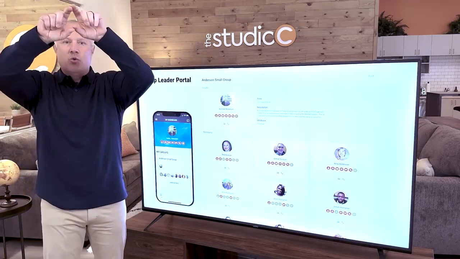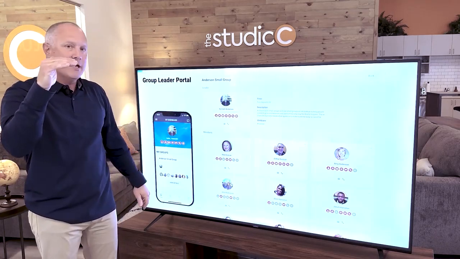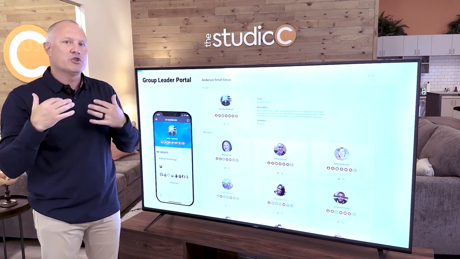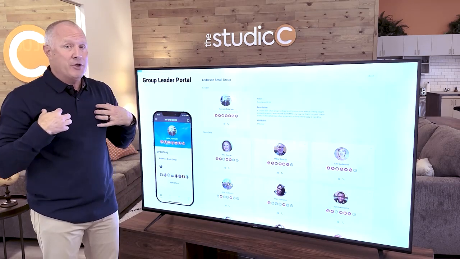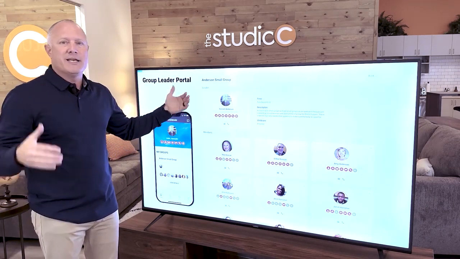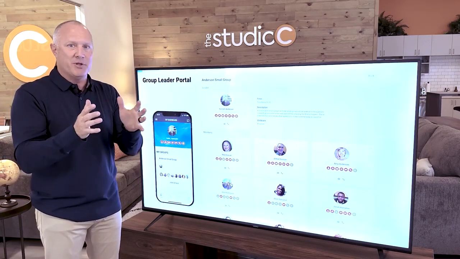Okay, so we're arming the member to manage their own journey. We're arming staff to come alongside it. And the third segment that we're arming are your small group leaders. Now, you have the option to toggle this on or off. I'm a huge fan of it because what we're doing is getting small group leaders in the fight to also help make disciples of the people on their roster.